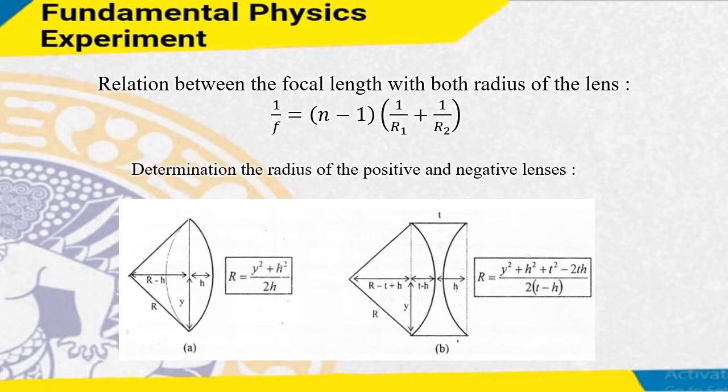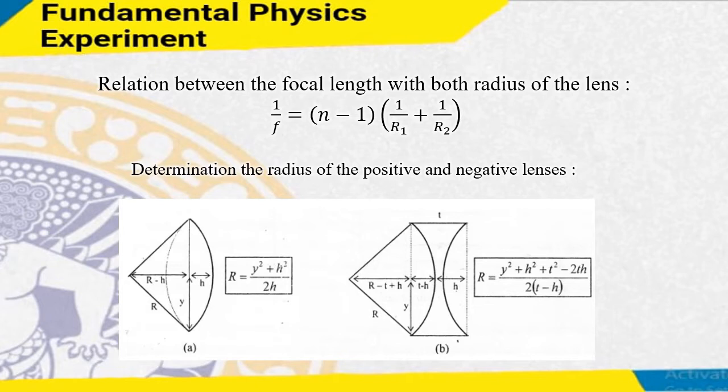The number 1 is the refraction index of air, assuming that outside of the lens is air, that's why we put 1 there. If we put the lens in water, then instead of putting 1 in the equation, we will replace 1 with the refraction index of water. But in common cases, the lens will be exposed to air, so the equation remains as in this video.